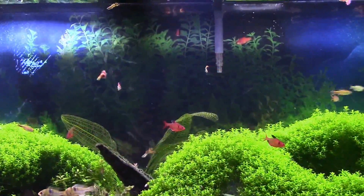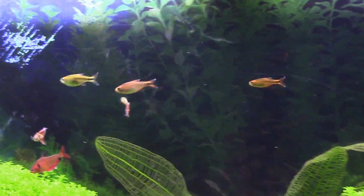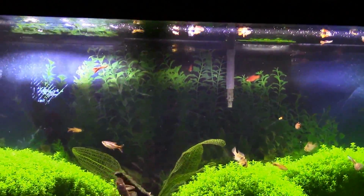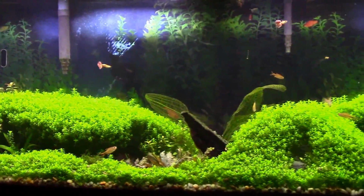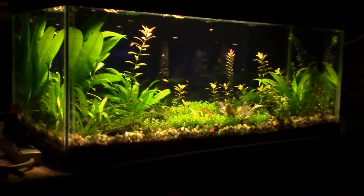So as soon as I can, I try to get these colorful males up into the 55 because they're really looking great. And like I said, if they weren't all feeding off the surface here, you would see them swimming in the water column. They're really cool fish. And they're all from my breeding projects, which is another aspect to the hobby that I really appreciate and really enjoy. We'll check out the other guppy holding tank